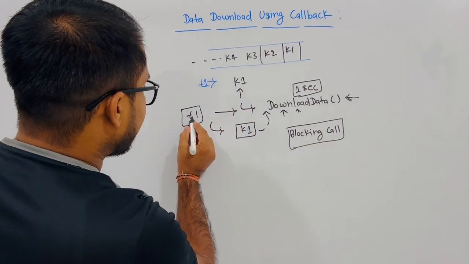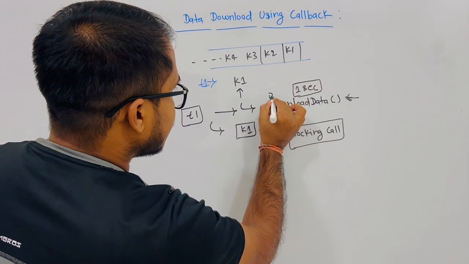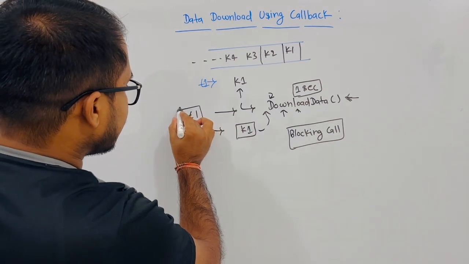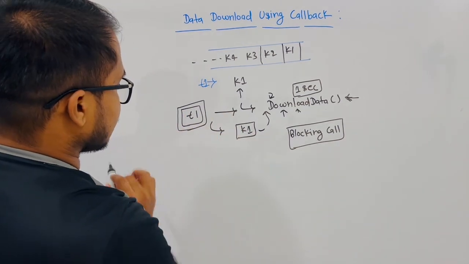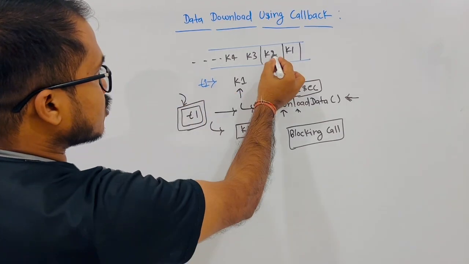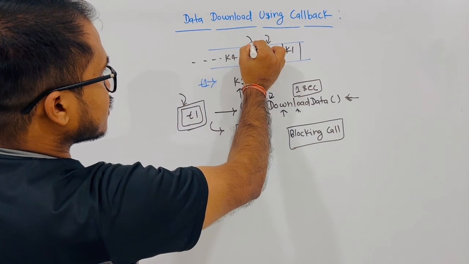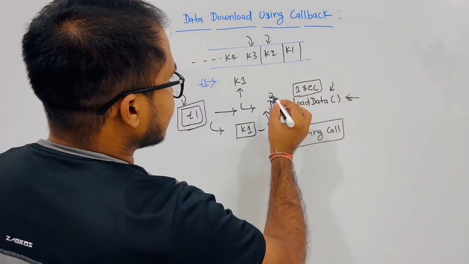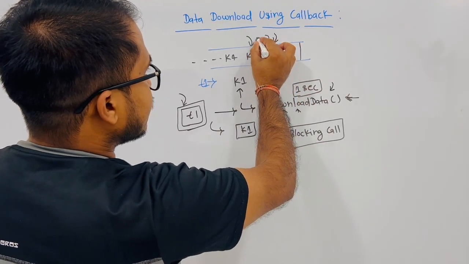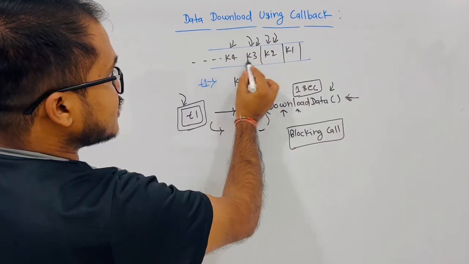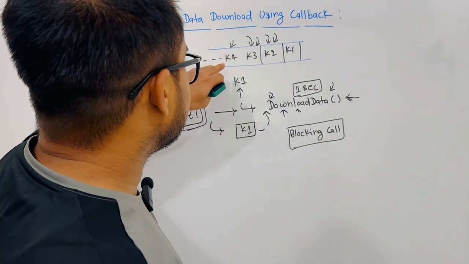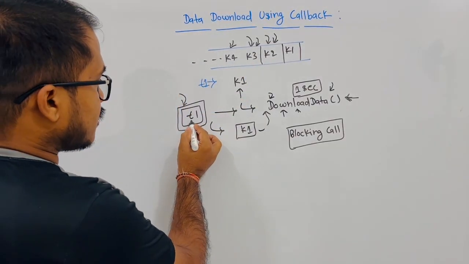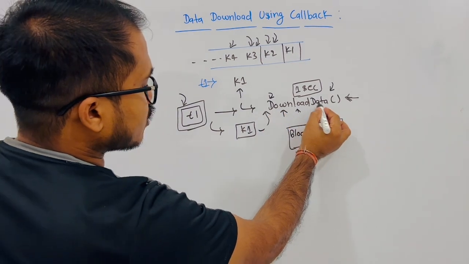Why a blocking call? Because at this point, T1 is waiting for data to get downloaded, and in that waiting period, it is executing nothing. So it is in an idle state. It is unable to pick any other task from this queue. Because the download data function call takes 1 second, each task gets delayed by 1 second. And if these are latency sensitive tasks, then this is a very bad design of executing these tasks using thread T1, which makes the blocking call in between.